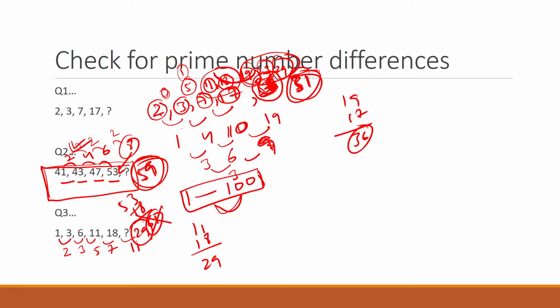So sometimes go for prime number differences as well. It makes the task easier. And if you're not getting the answer directly after doing the earlier steps, once check for prime number differences. Sometimes it does work out,